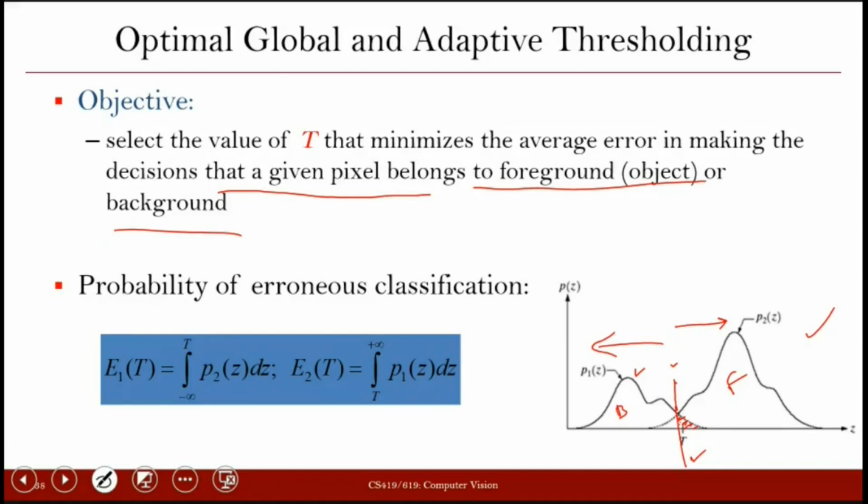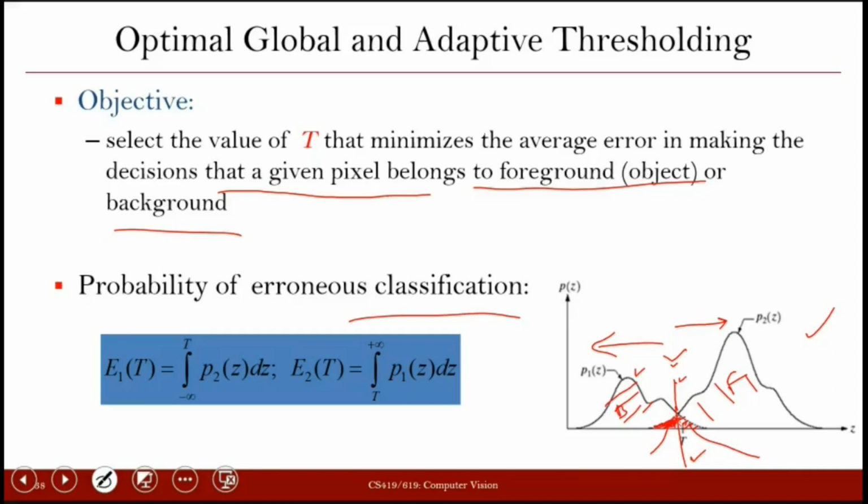Similarly, all the pixels which are in this area are actually part of the foreground pixels, but because the threshold is being placed here, we are saying that they are the background. So whatever error we are going to get in this classification is going to come from this region and from this region, because all the pixels lying on the left side of the threshold are classified as background. Similarly, all the pixels in this region are correctly classified because they are on the other side of the threshold and classified as foreground. Only these pixels which I have shaded here are the error.